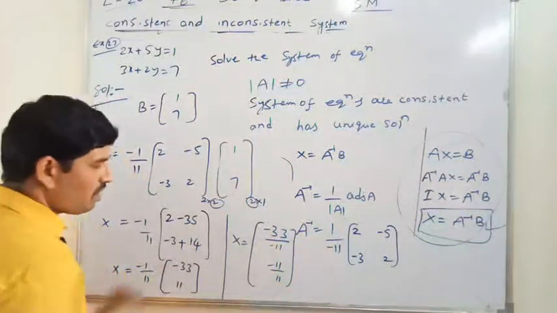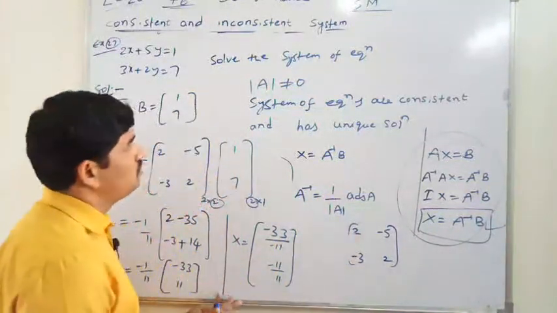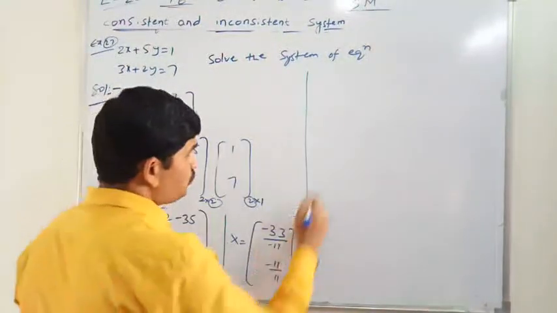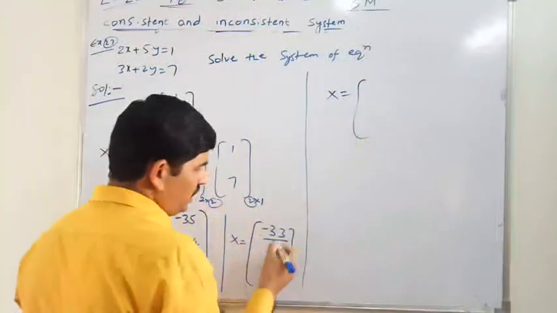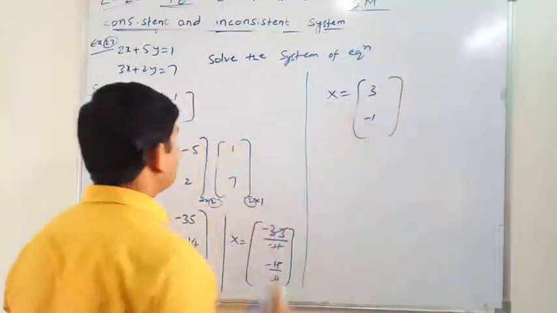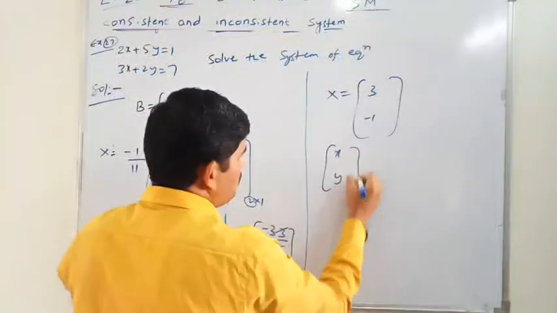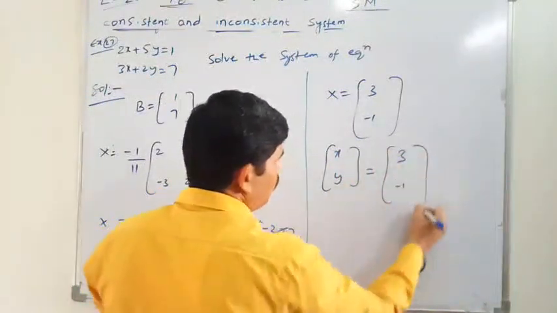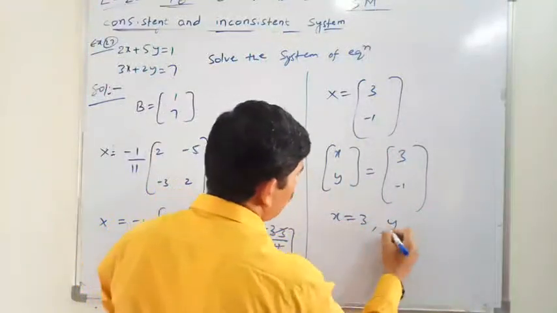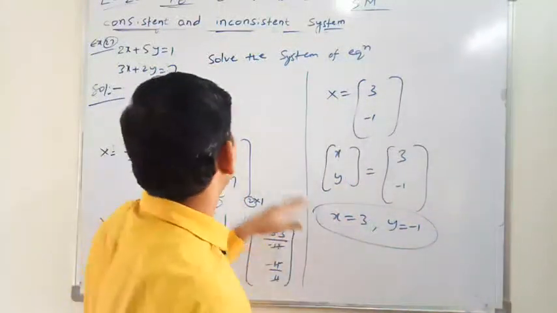After having this, now the final result. See, now the cancellation: minus minus gets cancelled, 3 times, and it is 1 time minus 1. But what is x here? X is nothing but a variable matrix, that's why x, y is equal to 3, minus 1. These two are equal matrices or no? So corresponding places should be equal. X is equal to 3, y is equal to minus 1. This is the solution for this question.